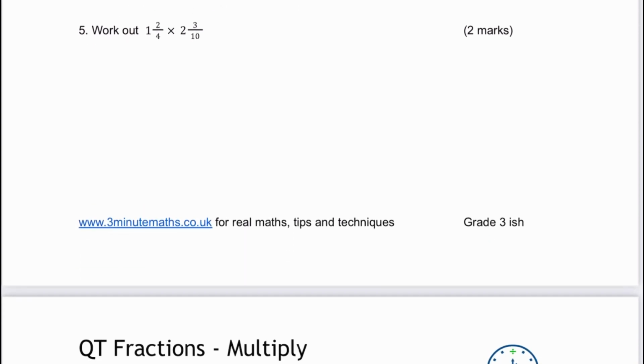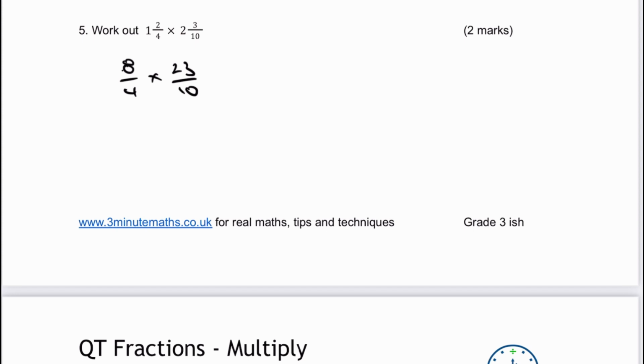Okay, let's have a look at the next one. So I've got 1 2/4, so that's actually going to be 8/4, and I'm going to multiply that by 2 times 10 is 20, plus 3 is going to be 23 over 10. Okay, now there's not a lot I can do with this other than I've spotted that the 8 and